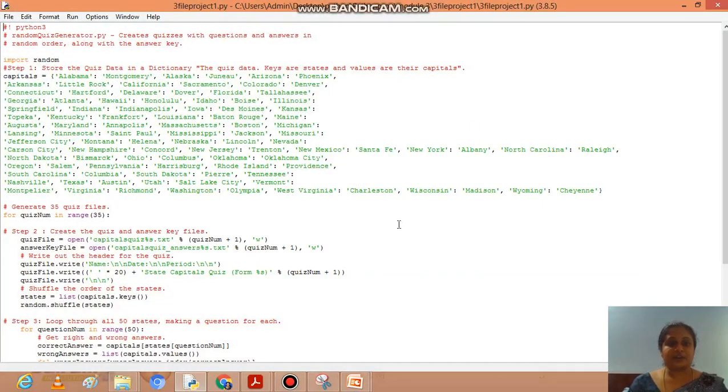This is our program, where we implement the project which asks us to write multiple choice quizzes, 35 random quiz files with 35 answer files for those quizzes. The first step here is import random. Next, capitals is our dictionary database which contains all 35 states as keys and their capitals as values.